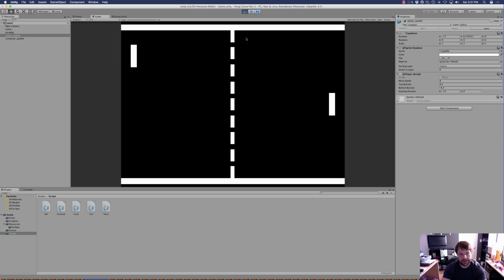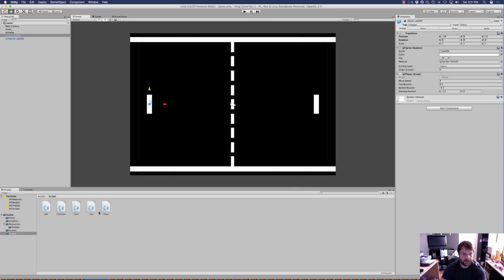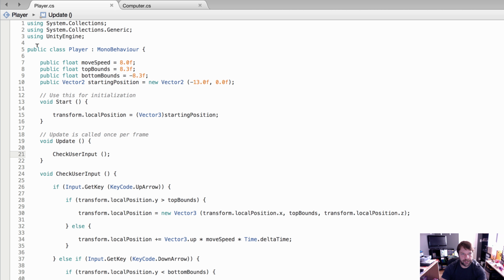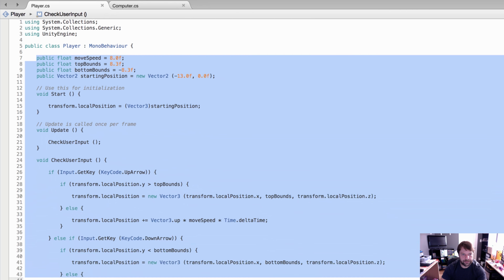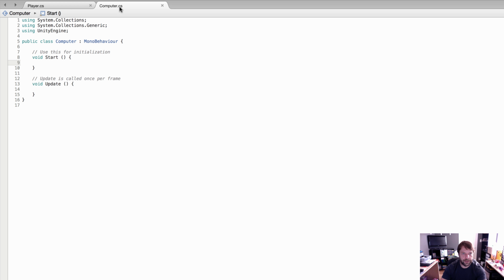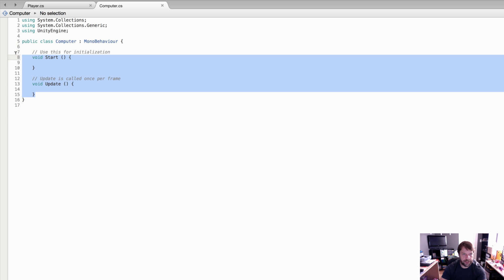The computer's not smart yet. The computer doesn't have an AI. So for now, while we're testing, we're going to go ahead and just have the computer mimic the player's movement. And by that, all we have to do is open up the computer script and go into the player class, and we're just going to copy everything. There's one change we're going to have to make, and I'll show you. So we're going to copy everything inside the curly bracket, so that's the whole class. I'm going to go into the computer class, go ahead and highlight all this stuff,